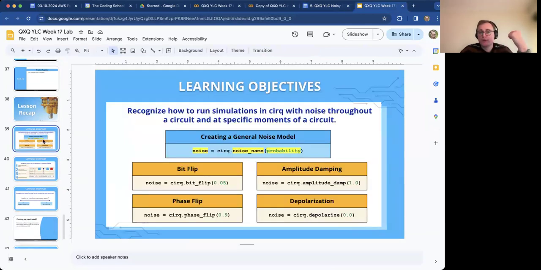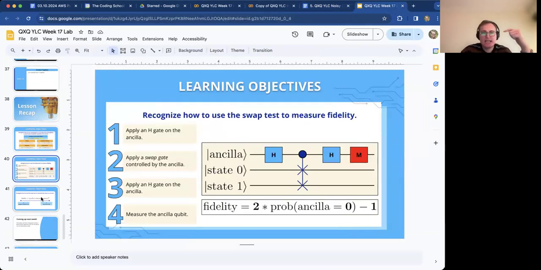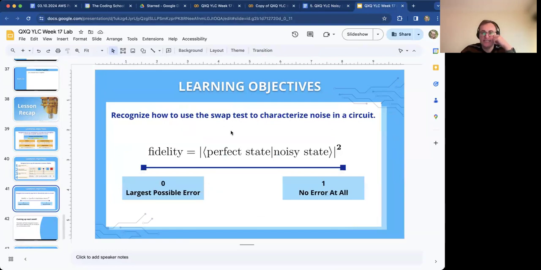So generally, we saw how to create noise models, how to create a swap test, and how to use it to measure some noisy states. This was a lot of stuff, but with that, I'm going to go ahead and wrap up,